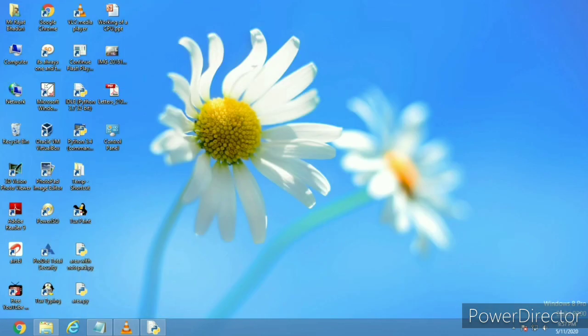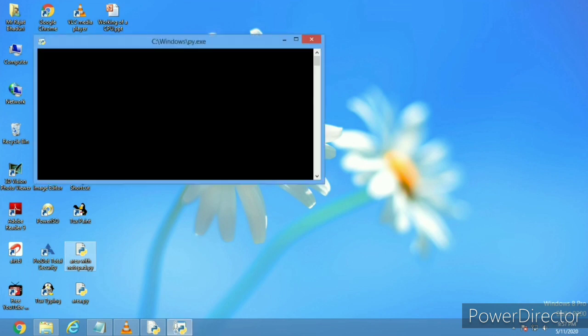To run it, just double click on the newly created file icon, and the answer is the same, 154 square centimeter.